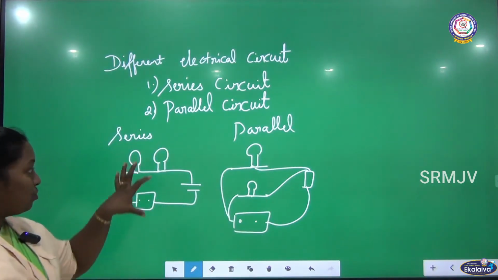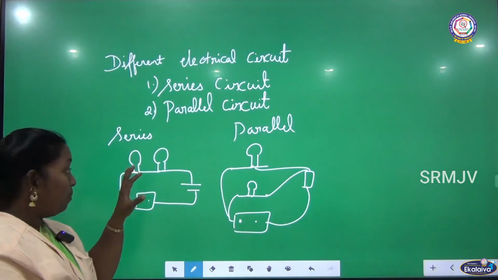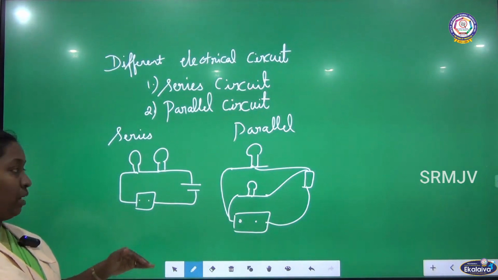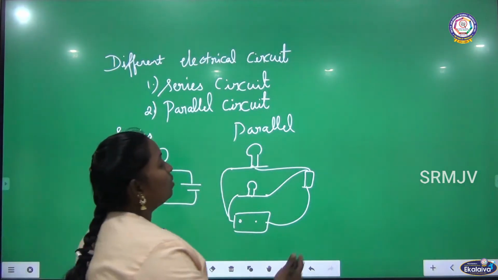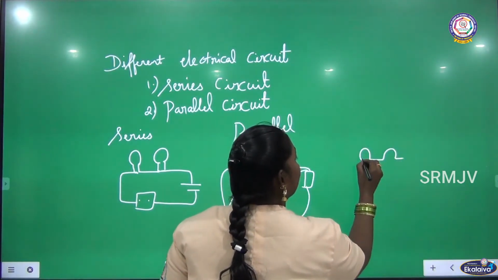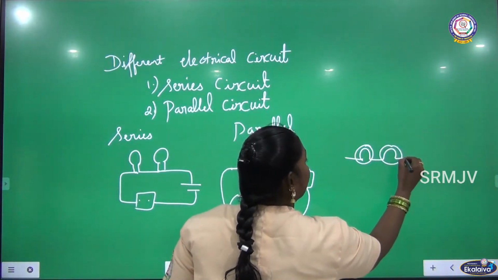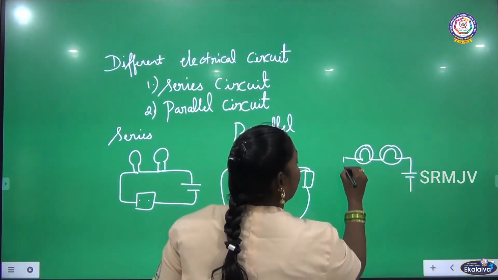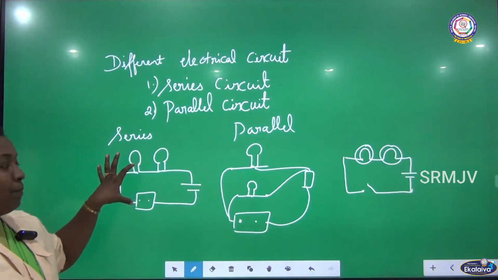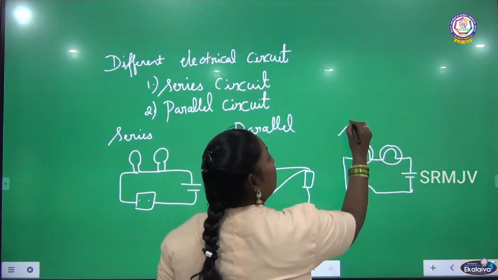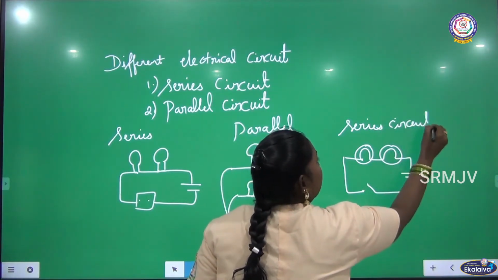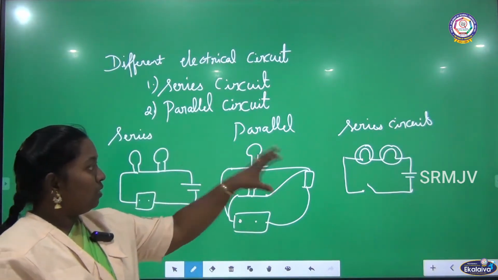Actually this is not a circuit diagram. This is how we can know the electrical wiring, but better than this we can understand the circuits very clearly by using the electrical circuit diagram. The same diagram I am going to draw this way. Listen here. Can you compare this? This is the diagram I have represented in the form of a series circuit. This is the circuit diagram of this one.